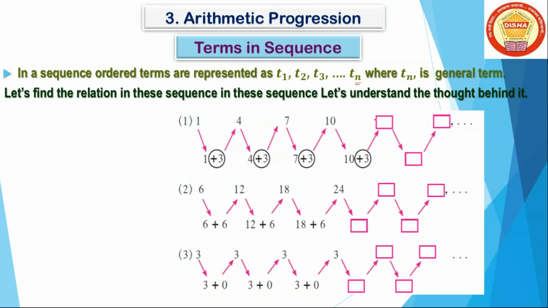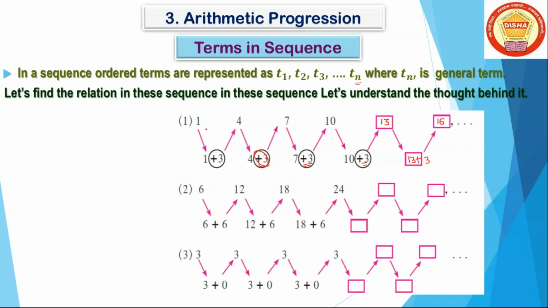Then what is the next term and what is the relation between them, we see now. If we look back, it is concluded that in each and every term, 3 is added. Here 3 is added, here also 3 is added. So again we add 13 plus 3, and the next term in the sequence is 16. Okay.